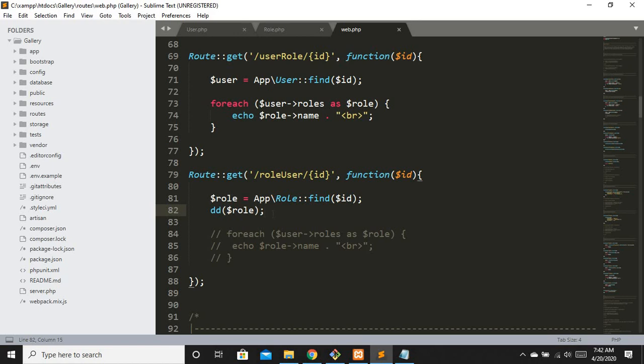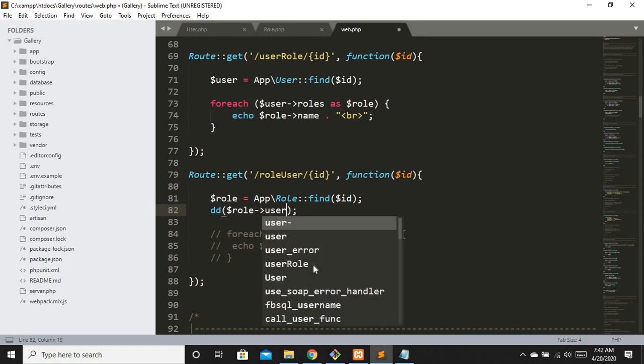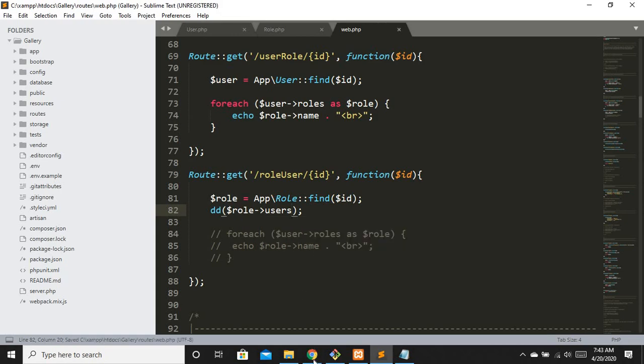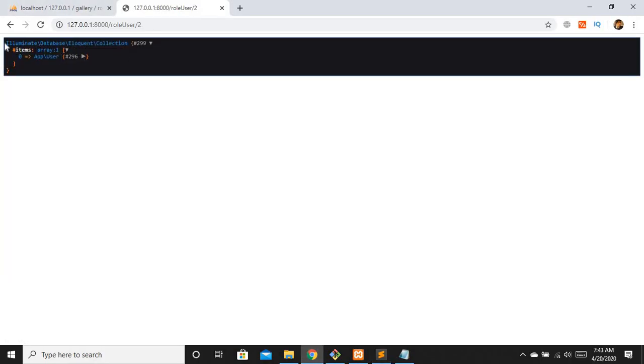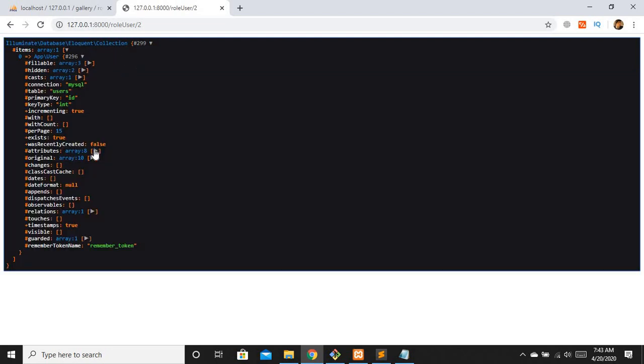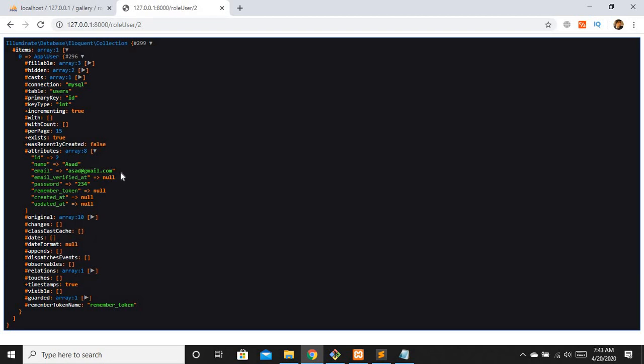Since it is a many to many relationship, it is again going to return an array. I'll just show you right here, users, and we have an array right here. Basically it is inside a collection, and you can access collection properties like an array. A collection is a bit more advanced with some more features.